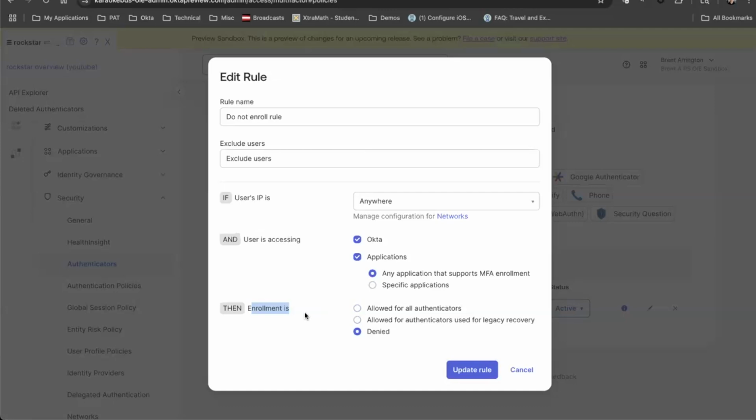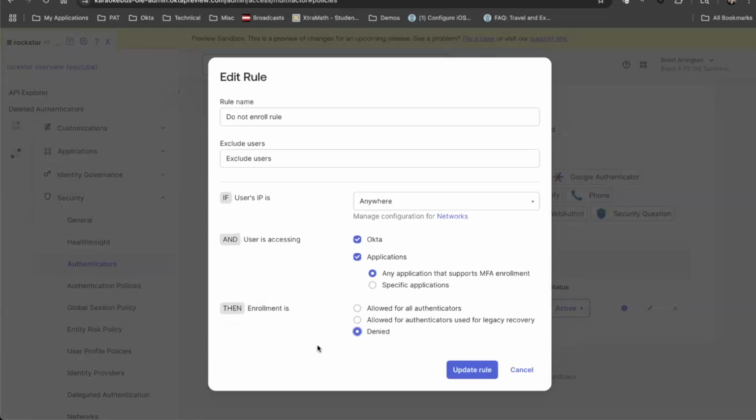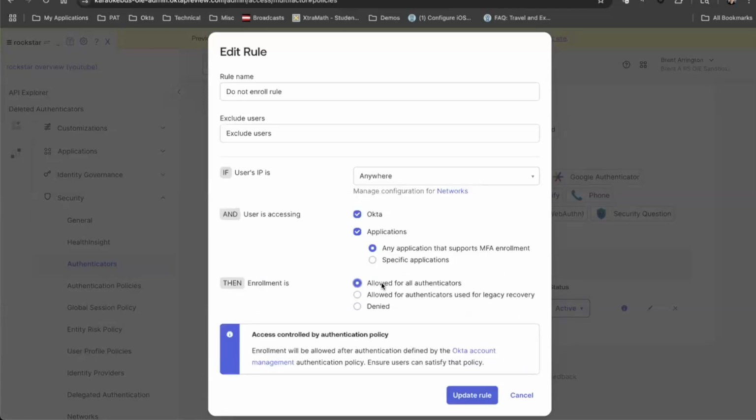So here you can either choose to allow enrollment for any type of authenticator, which would encompass both authenticators used for authentication as well as those used for recovery. You could allow only enrollment in authenticators that are used for recovery, or you could just deny enrollment altogether. When you choose this option for all authenticators,